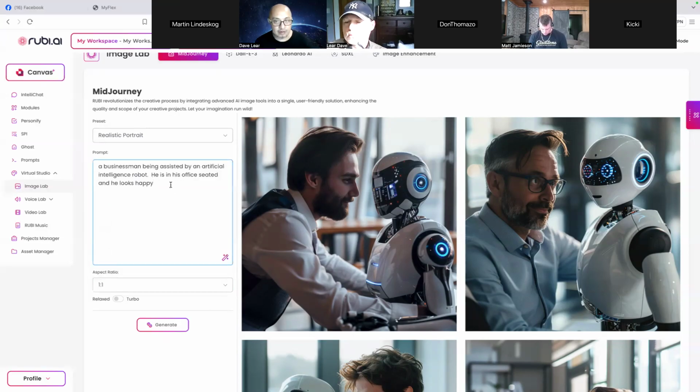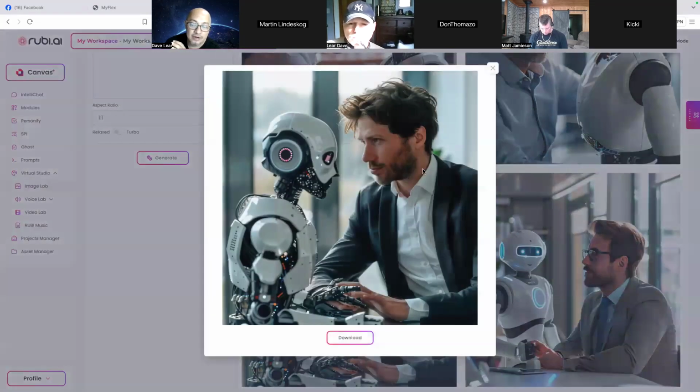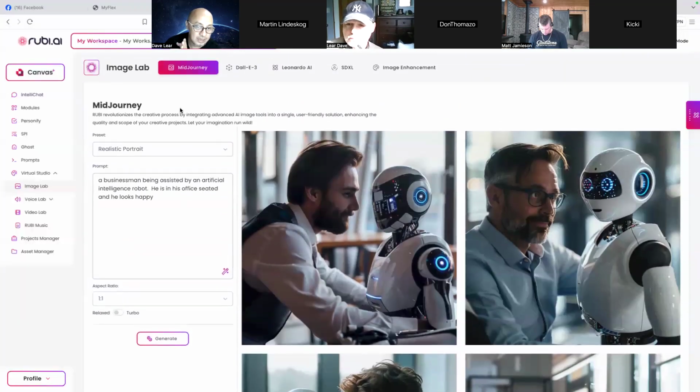In the prompt you can really add everything you want, even the colors, the style and so on. It's the art style, the color, and everything you want to put there. The more details, of course, the more personalized your images. But again, as you can see in our images that were created, it's high definition, it's high quality, which is very good. So this is another plus in our Ruby.ai.